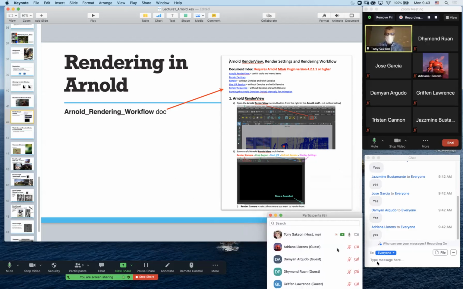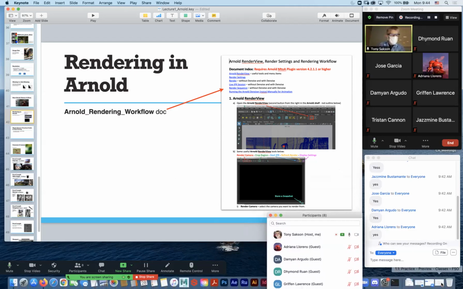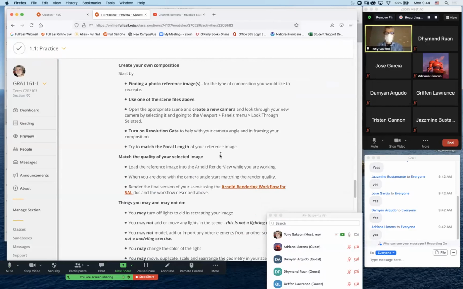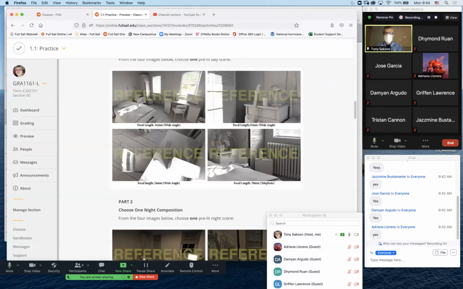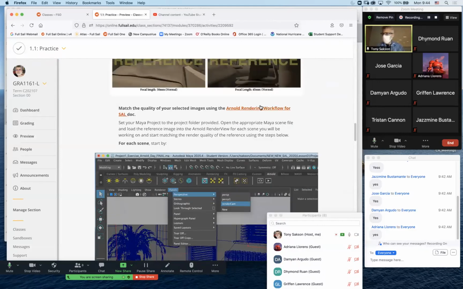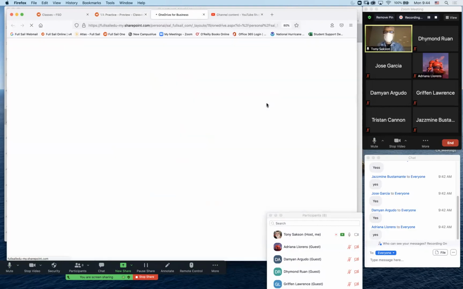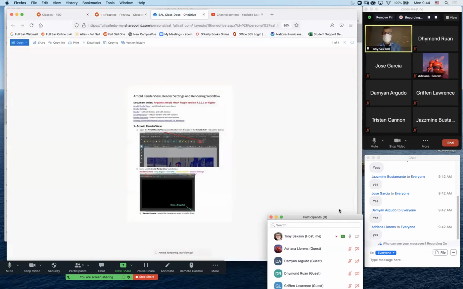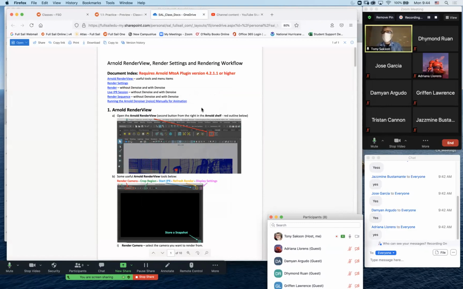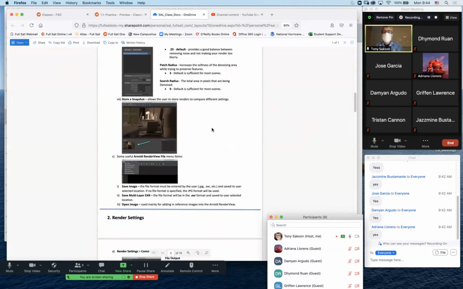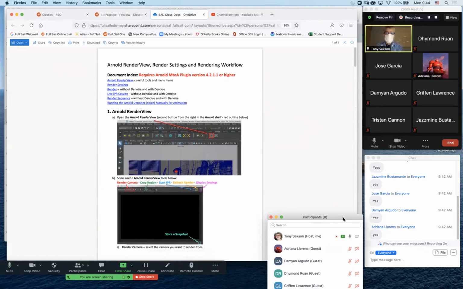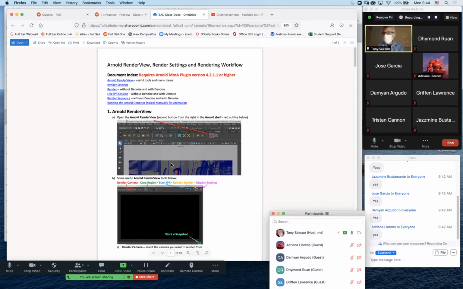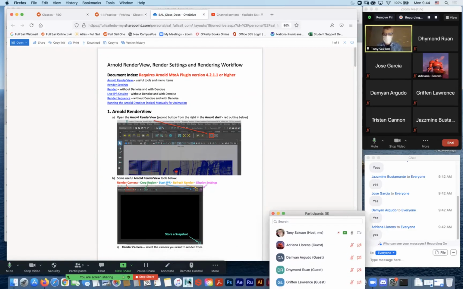All right, so let's start off with getting to that workflow doc, which is in several locations throughout our instructions here. Like I said, it shows up as a PDF. If you want to download it, you can. I will refer back here when I need to, but I'm going to be doing most of the demo inside